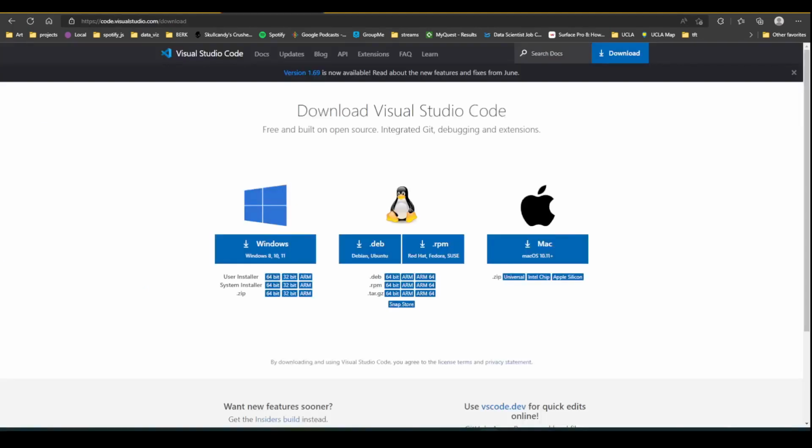Alright, before we get started, the one thing you do need to install is VS Code. If you already have another development environment you prefer, feel free to use that. But I'll just be using VS Code in this tutorial. So if you just search VS Code download, you can find this page and download whichever version matches your operating